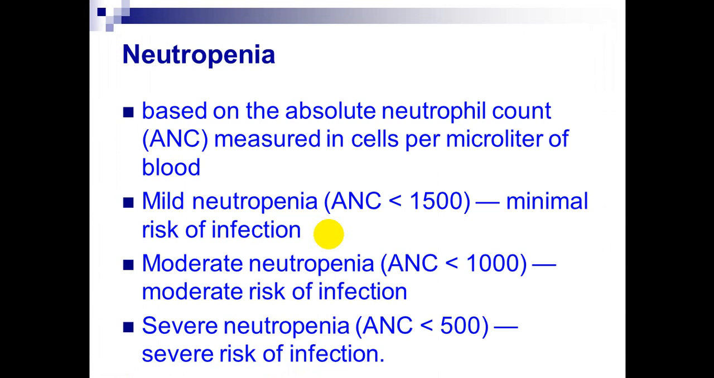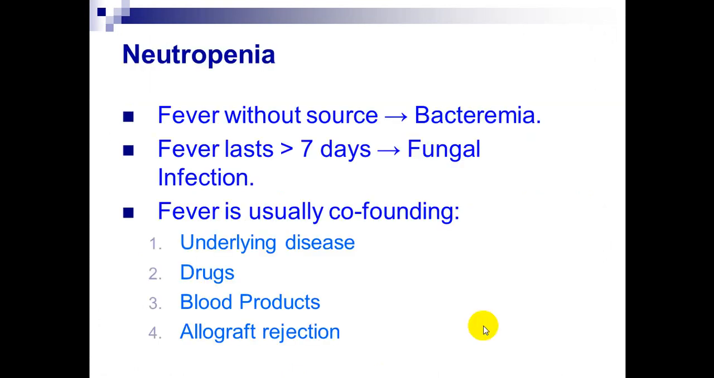Neutropenia is based on the absolute neutrophil count, not the white cell count. Usually mild, moderate, severe according to the count, below 1500, below 1000, below 500. Neutropenic fever without source usually ends with bacteremia. Fever that lasts more than 7 days suggests